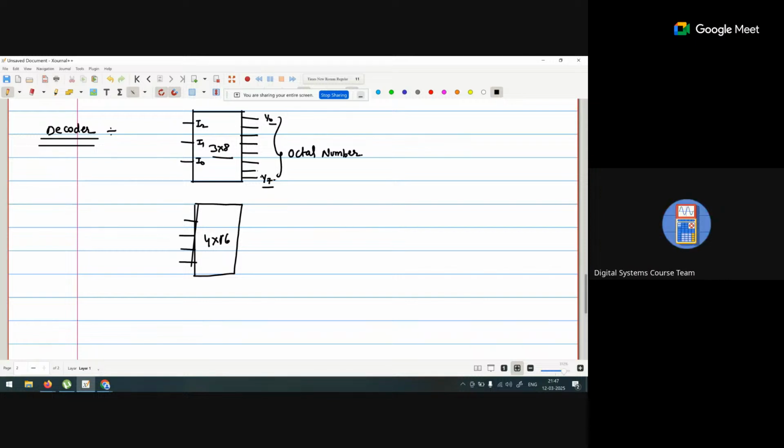Binary to octal: octal is what, 0 to 7? And decimal is 0 to 9. So we can say octal is basically nothing but a subset of the decimal number. If we represent 0 to 9 and in between them I take 0 to 7, it is an octal number. So octal is nothing but a subset of the decimal number. Now similarly, if we are using a 4 cross 16,